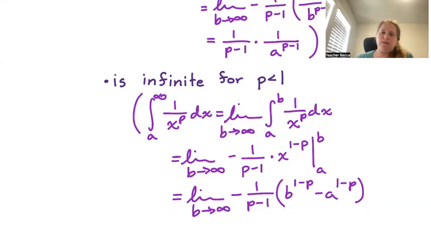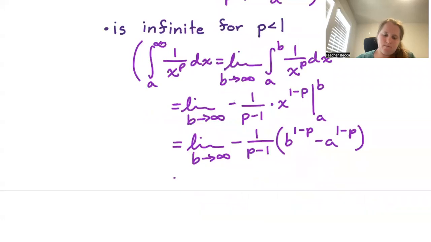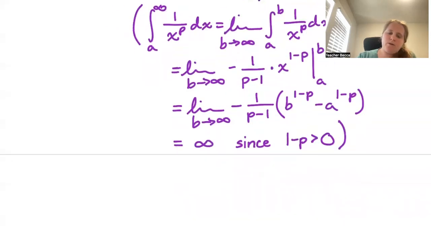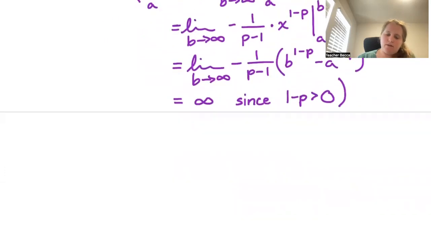So this is equal to infinity, since 1 minus p is greater than 0. We have infinity raised to a positive power, essentially. And furthermore, it is also infinite